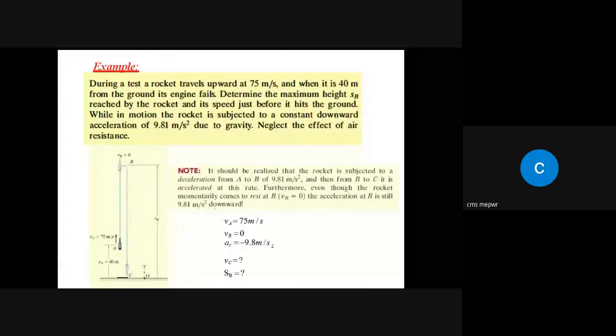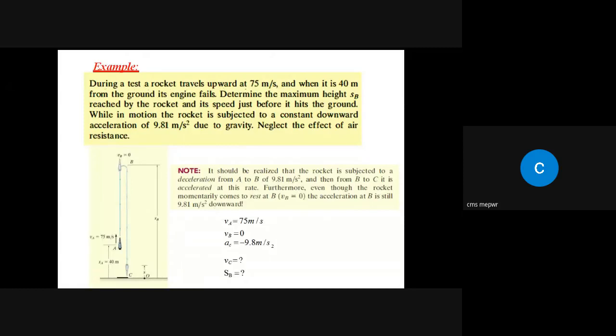Okay, so now let's have another example. During a test, a rocket travels upward at 75 meter per second. So usually when you go through a problem statement, some data comes to your mind, so you need to write it on a rough page. At the end of your reading, that data might not be relevant. हो सकता है वो data change हो गया, initial आपकी जो supposition हो सकता है वो गलत हो, लेकिन जो आपके जहन में आता है ना, initially आप लिख दिया करें। Okay, and then re-verify that data. So initially for the first statement मेरे जहन में जो आया वो ये है कि initial velocity 75 meter per second है।